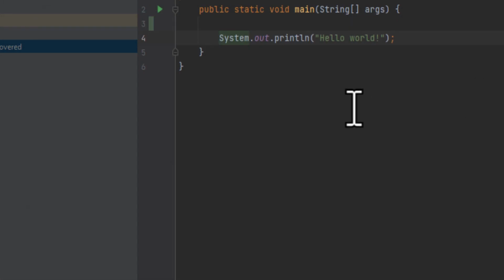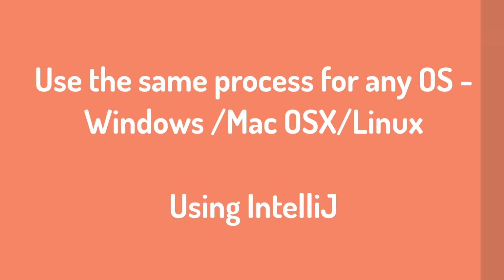And here the challenge is I would like to connect this particular IDE no matter whichever platform or operating system it is, whether it is Mac, whether it is Windows, whether it is Linux. Using IntelliJ, I would like to connect to the database. So that is the problem statement. So what I will do is